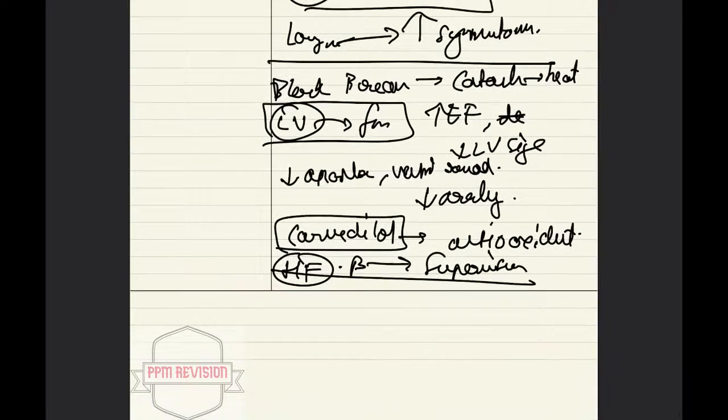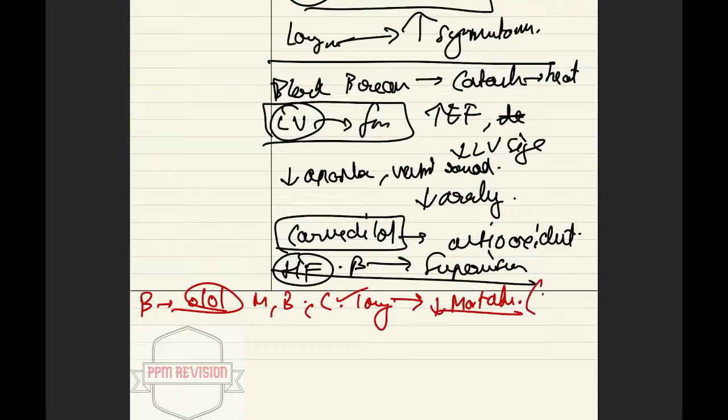So I'll quickly recap what I've done. Beta blockers, I told you, end with lol. So they have metoprolol, bisoprolol, carvedilol. In case of long-term therapy, we have seen that it reduces the mortality in patients having heart failure. And also the mechanism is not very clear, but it's believed that it blocks the beta receptor mediated effects of catecholamines